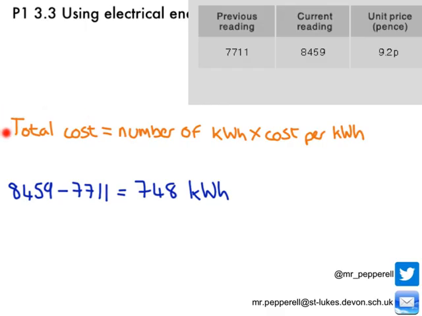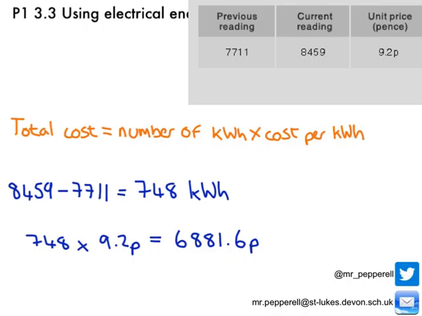So my calculation is the total cost of my bill is the number of kilowatt hours I've used multiplied by the cost of 1 kilowatt hour. So firstly, how much have I used? Well, I get my current reading, 8,459, minus my previous reading of 7,711, and that tells me I've used 748 kilowatt hours of energy. Okay, so now what I'm going to do is take that number and multiply it by the cost of 1 kilowatt hour. So 748 multiplied by 9.2 pence is